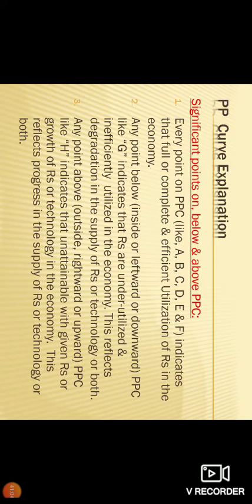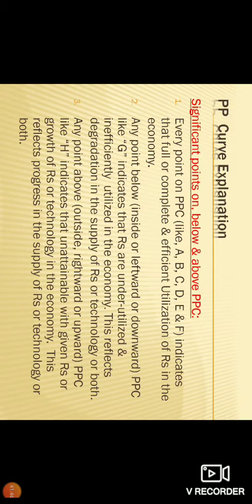So let us choose any one point below the production possibility curve as G. If any point is outside the production possibility curve, the production possibility curve has shifted outside, which means an increase in the production possibility curve, which we are marking as the H1 combination. It means unattainable with the given resources. Unattainable means the economy cannot attain that kind of achievement. Why? Because the technology is constant and the resources are constant.